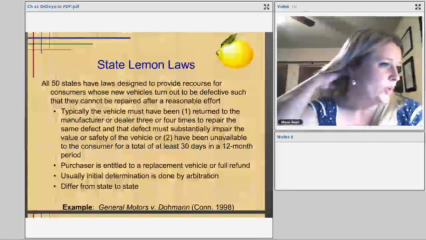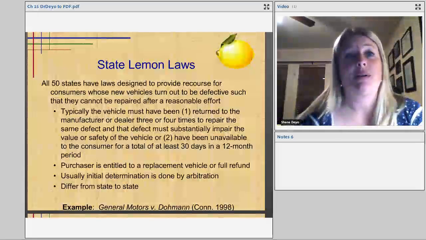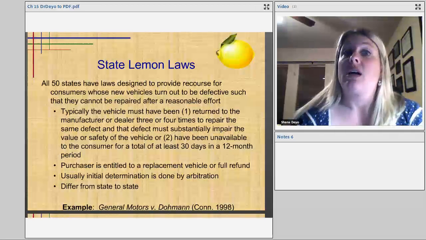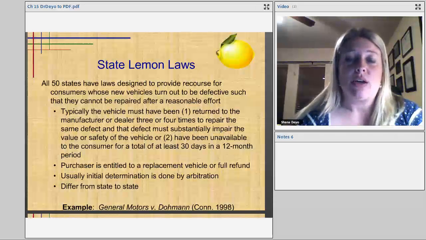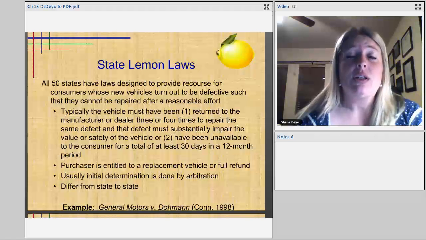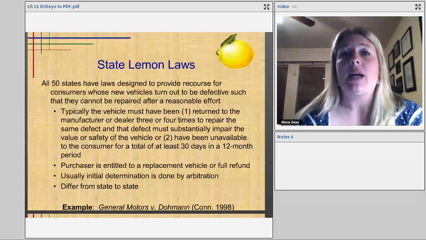So if you went 2 weeks, I had a lemon about 2 years ago. I didn't end up lemon lawing it because I didn't realize how much better the law was here in Florida. But here you might be able to,